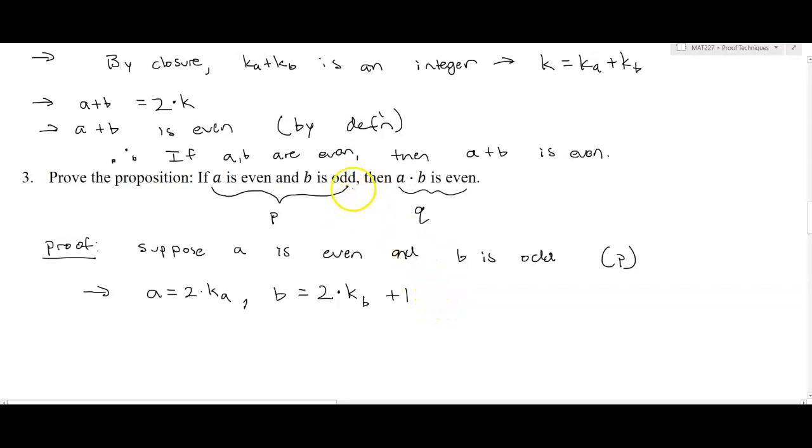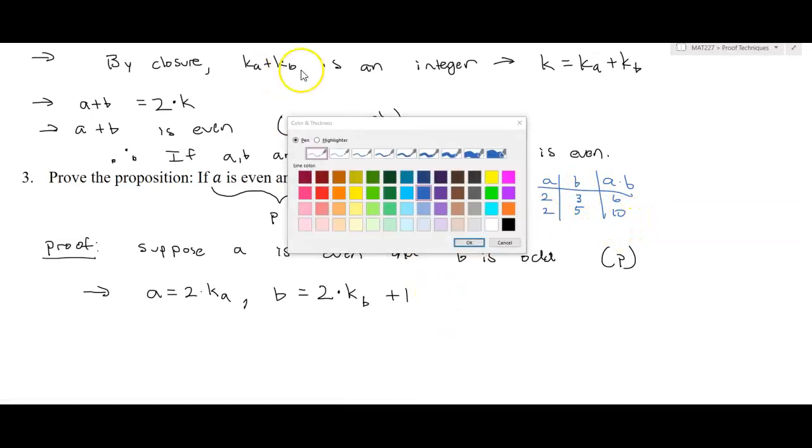We have no idea. We're trying to make this as general as possible. Again, you could try some examples, and I encourage you just off to the side to say, well, is this even a true statement? If I multiply A and B, and A is even, let's see, 2, B is odd, 3, oh, that's even. 2 times 5, well, that's 10, that's even. Well, wait a minute, that actually looks like I'm taking 2 times some integer, and therefore that's going to be an even number. But let's make this very, very clear and explicit as we go through this logic.